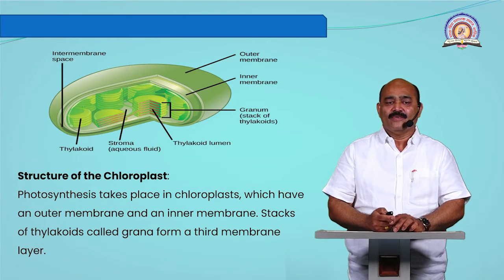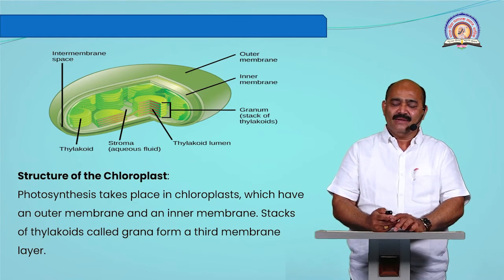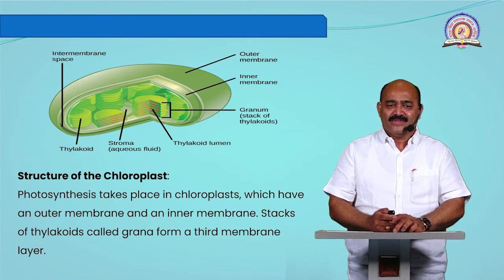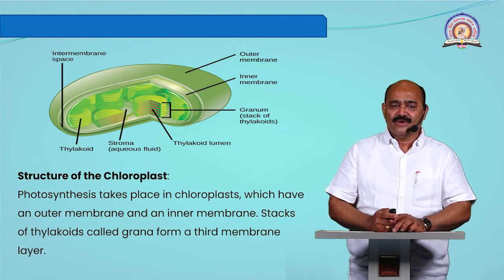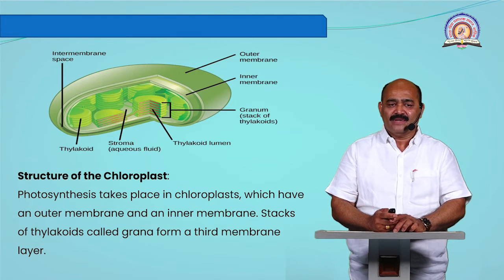See, this is the structure of chloroplast. Chloroplast is double layered, outer membrane and inner membrane, and in the inner membrane, the rounded plate-like structure is known as grana, where the actual light reaction occurs. That means during daytime, light is absorbed, and through cyclic and non-cyclic photophosphorylation, formation of ATP occurs. That is the photophosphorylation process in the portion of grana, and in stroma portions, a number of enzymes and coenzymes that are required for the formation of carbohydrates are present in the stroma section, and the dark reaction occurs